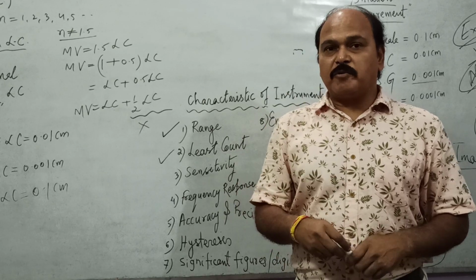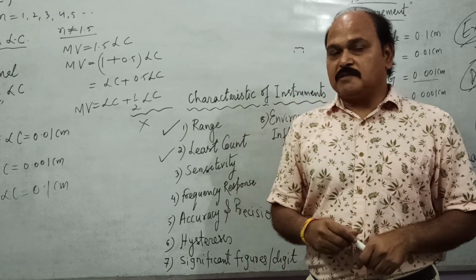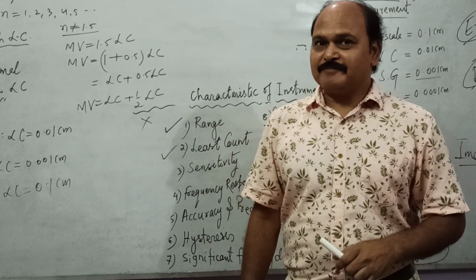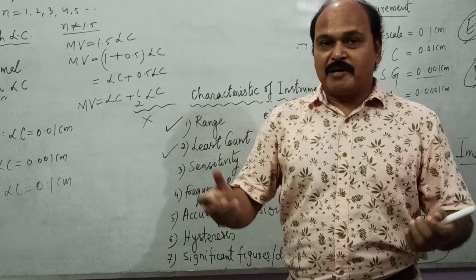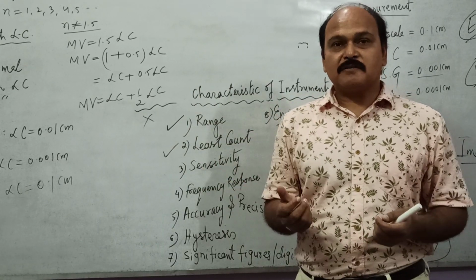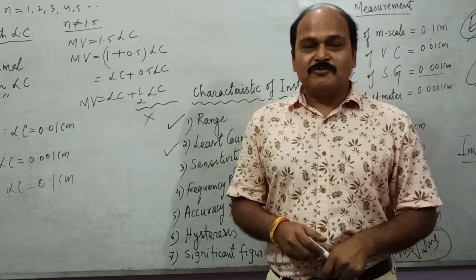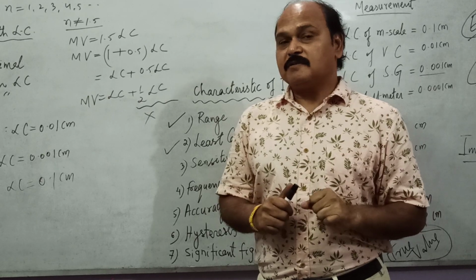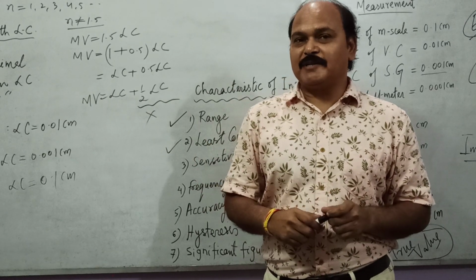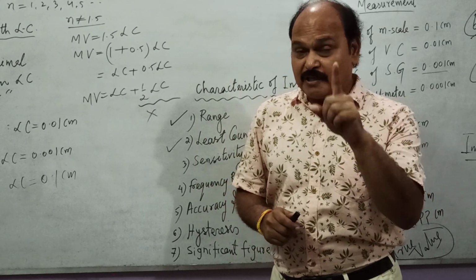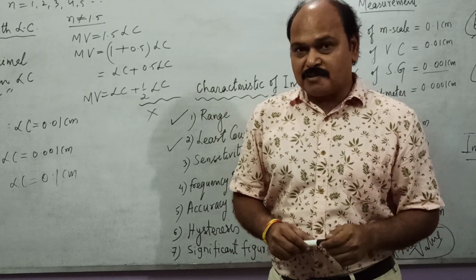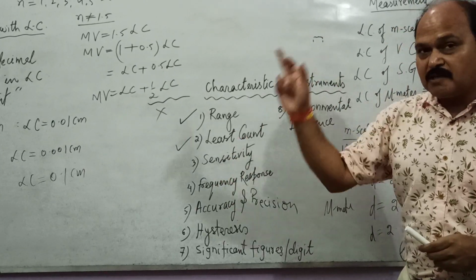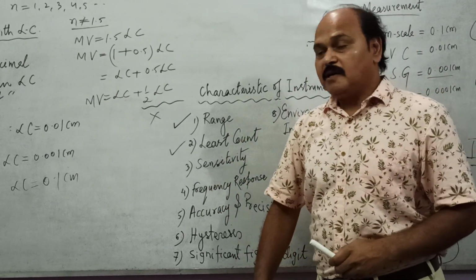Let us talk about physical balances. Two different physical balances: one which is used by a vegetable vendor and the other used by jewelers. Vegetable vendors measure masses in kilograms, grams. But when you go to jewelers, their physical balance measures masses in milligrams. So which one has higher sensitivity? That physical balance which is used by jewelers. The smaller the value of physical quantity measured by an instrument, the higher its sensitivity.